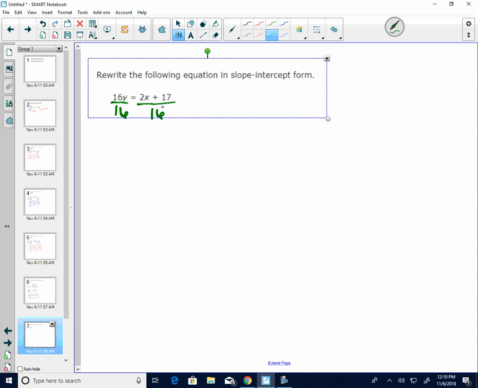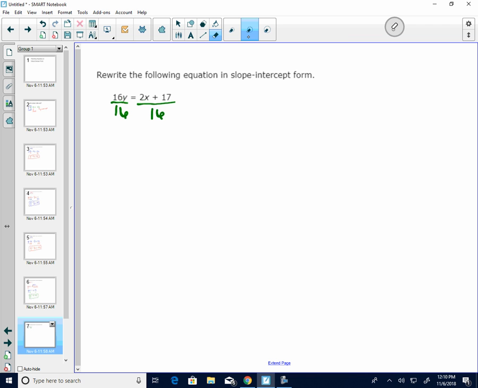So some people choose to write it like this, but what you need to make sure you understand is you could also write it like this and make sure that everything gets divided by that 16. So 16 divided by 16 is 1, so that leaves y by itself. 2 divided by 16